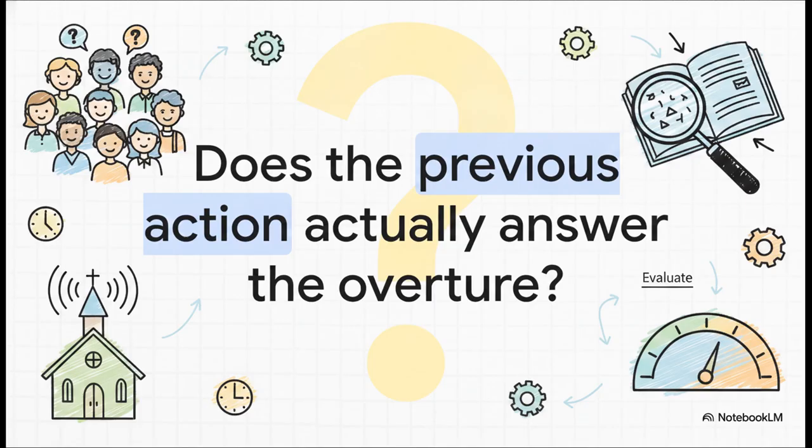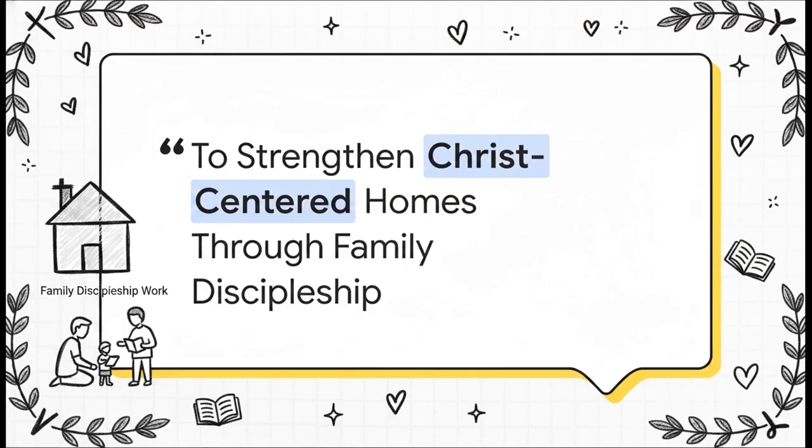Do cultural shifts mean we need a fresh evaluation? That's what you've got to weigh. All right, next Omnibus B item, Overture 126, to strengthen Christ-centered homes through family discipleship work. The plain language summary? It's a clear call for resources and a renewed emphasis on parents teaching the Christian faith